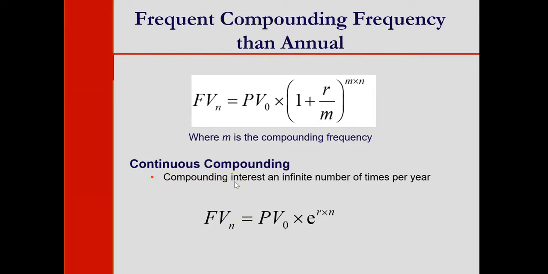And there is another situation where continuous compounding is being done, like every second, every fraction of a second the interest is being compounded. So to take care of that, this is the formula that we use: present value times e to the power of R times N. R is the interest rate, N is the number of time periods, number of years here in this situation, because you know there won't be any m